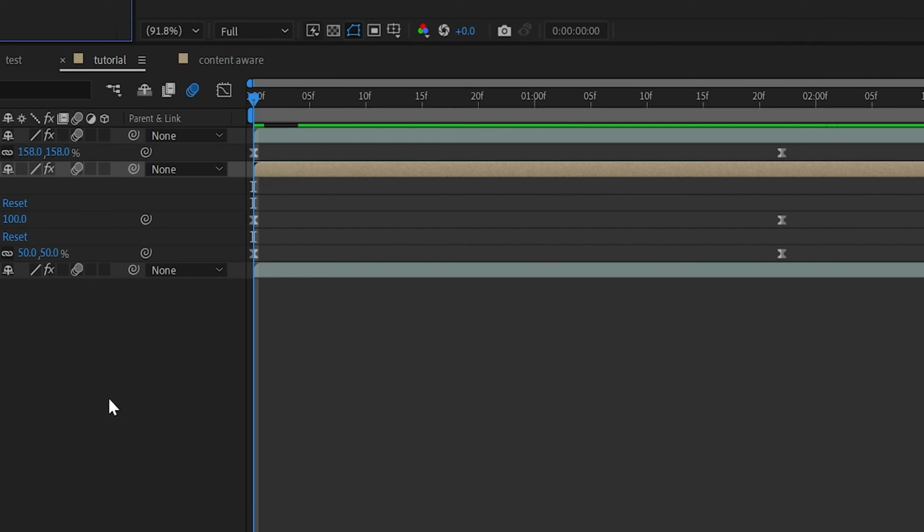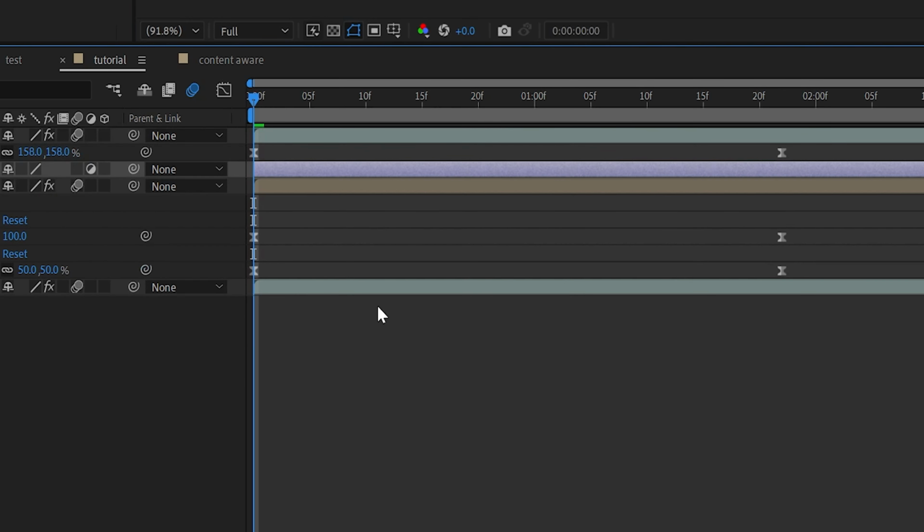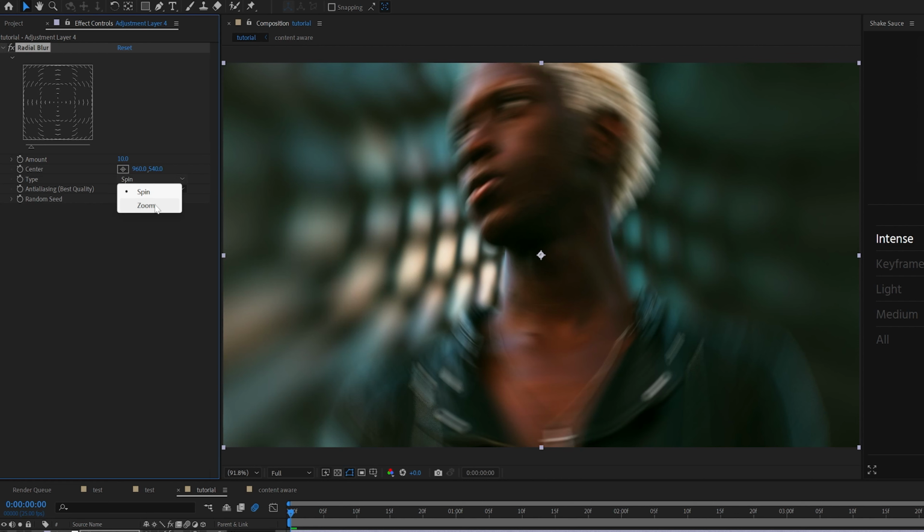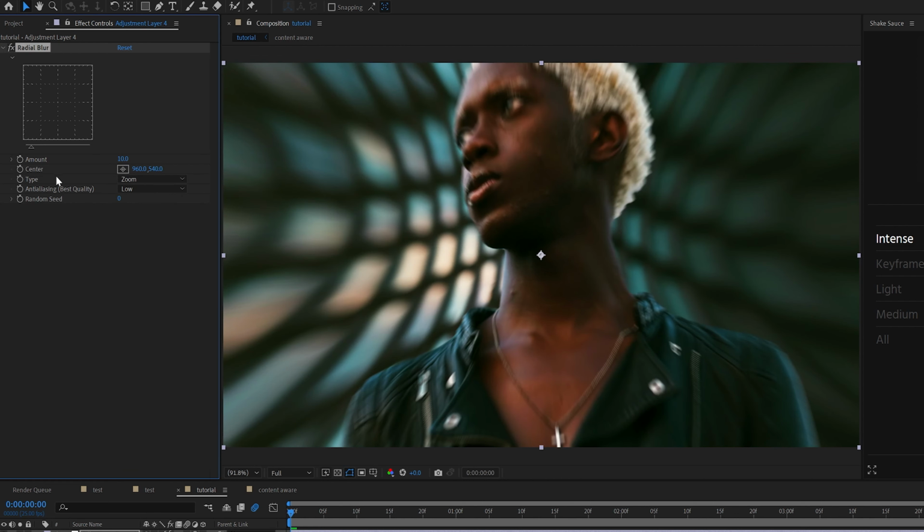Then to blur the background a little bit more, I'm going to add RSMB onto that Content Aware Fill layer. I think that helps out a lot. It just blurs everything and makes the motion a little bit smoother. Next, I'm gonna add an adjustment layer, drag that all the way to the top, and then add radial blur on top of that. We're gonna turn the radial blur from spin to zoom, and then keyframe the amount up at